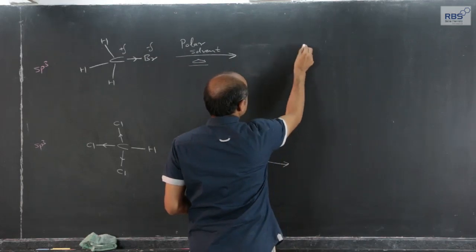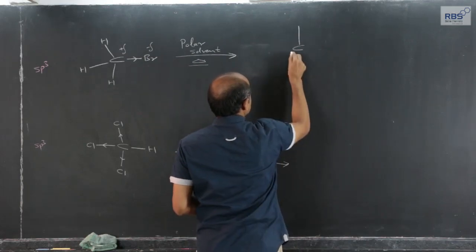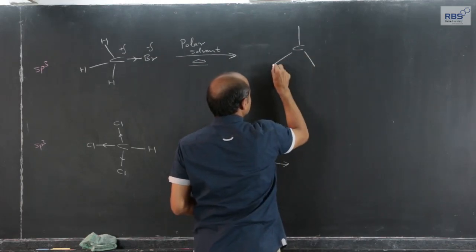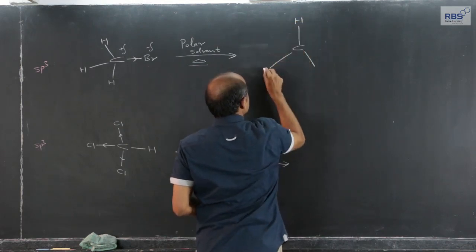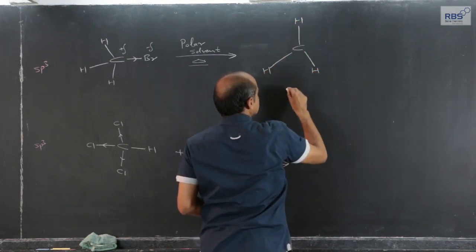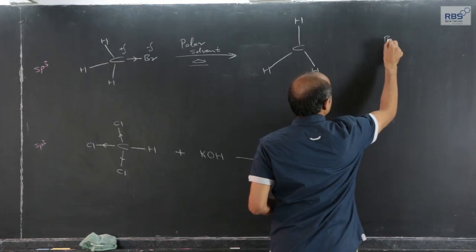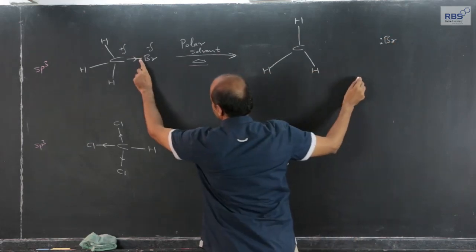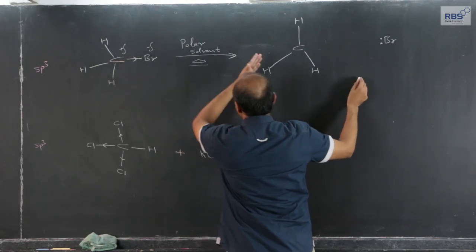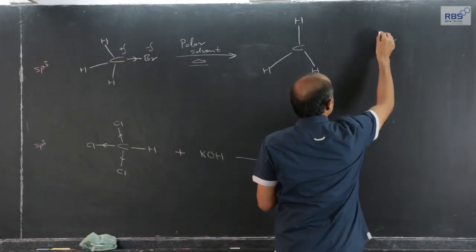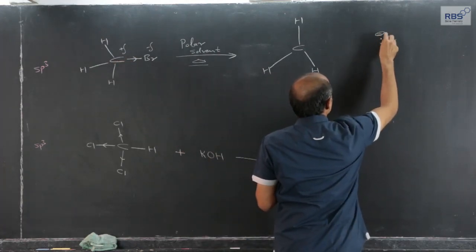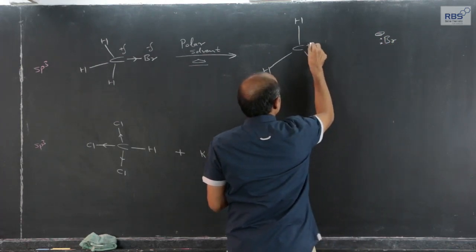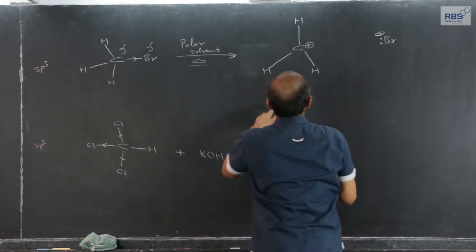If that happens, then there will be 3 bond pairs around the carbon, and since bromine goes out with the shared pair, 1 electron of bromine and 1 of carbon, that extra electron of carbon develops negative charge on bromine, and carbon has lost 1 electron, positive